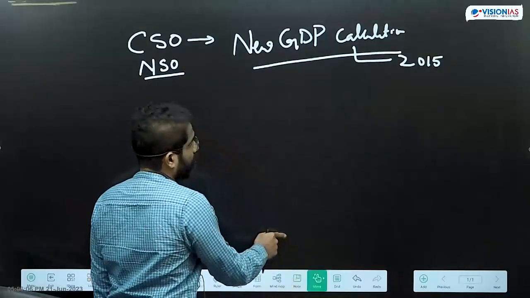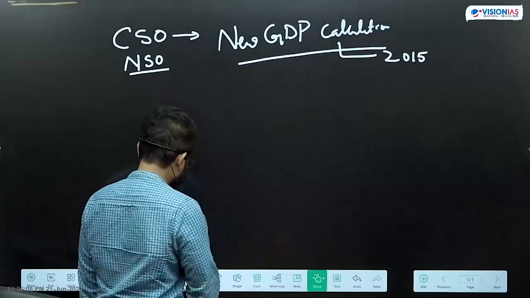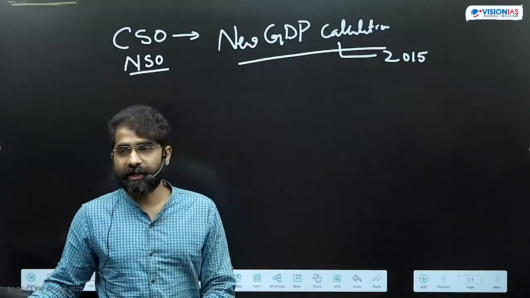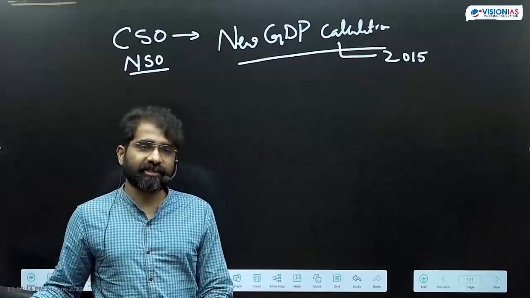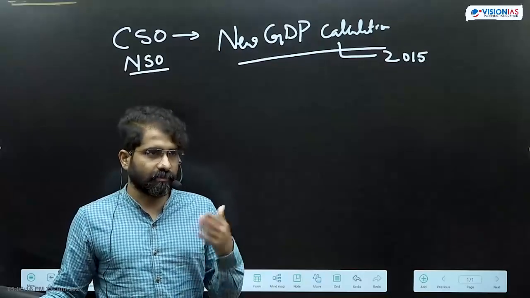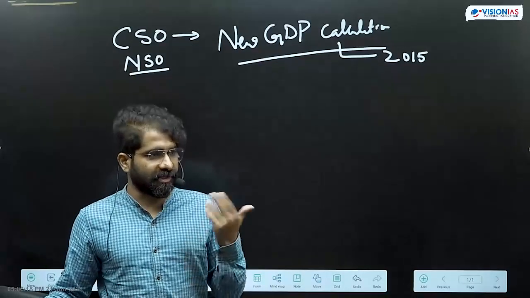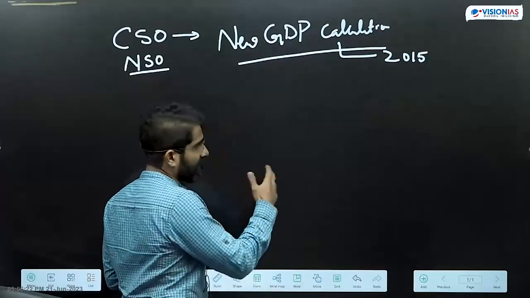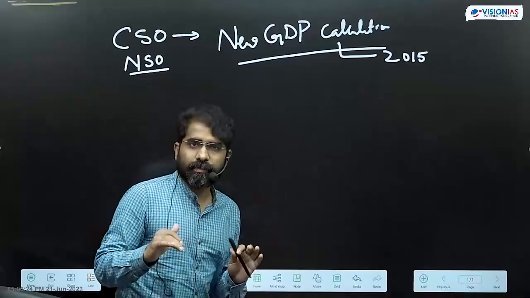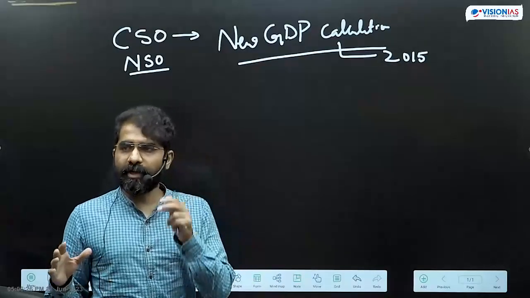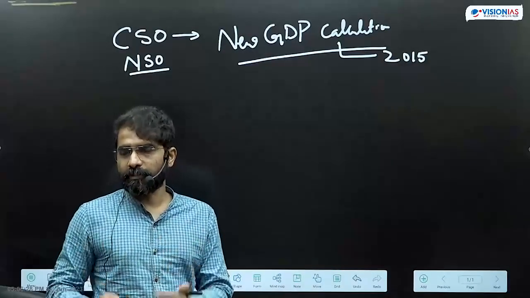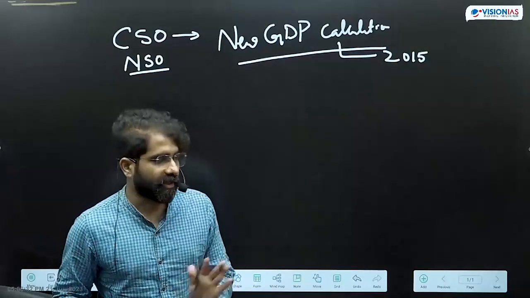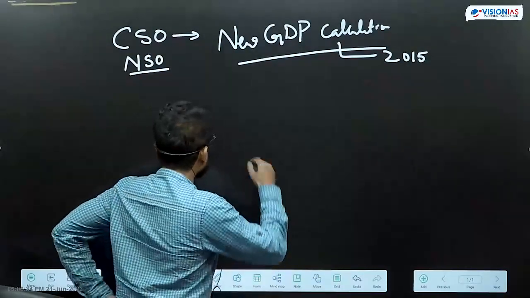See, there were some criticisms also on the new method of calculation that India has inflated its GDP. Inflated, you have increased your number. But in the exam, basically, we are not going to think much about it. You will only write that there were some criticisms like change in methodology, etc. So what they exactly did? So first change is